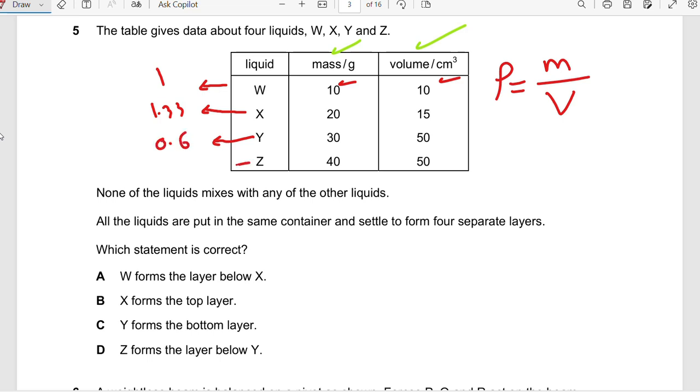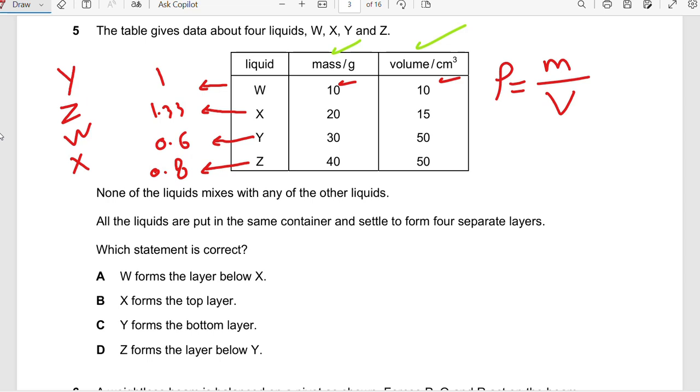For Z, divide 40 over 50, it is going to give you 0.8 gram per cubic centimeter. So let's put them in the correct order. On the top will be the lowest density, which is Y. Okay, after that will be Z, after that will be W, and then X. This is the correct